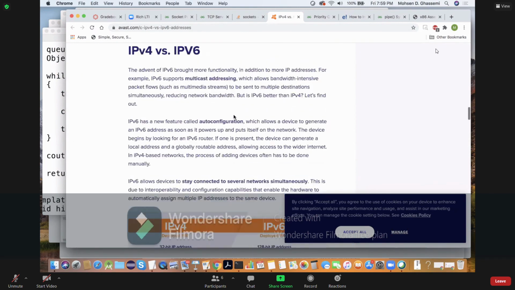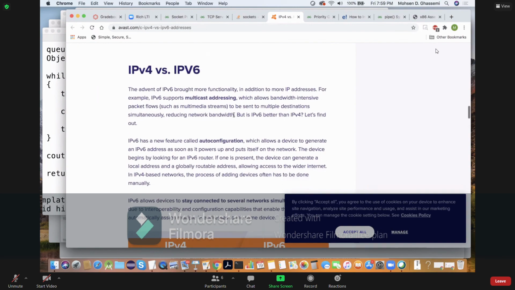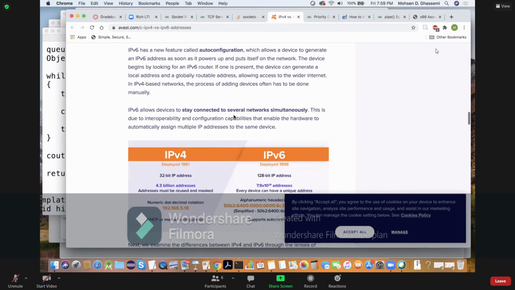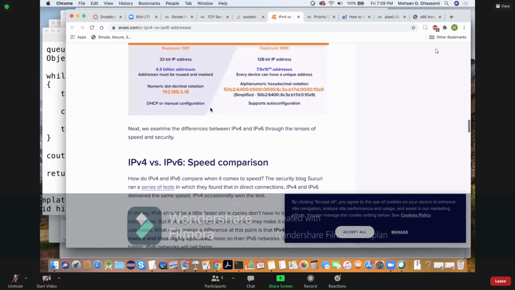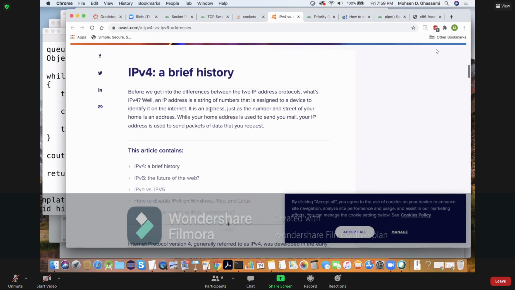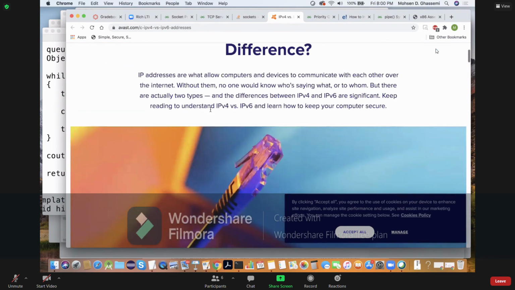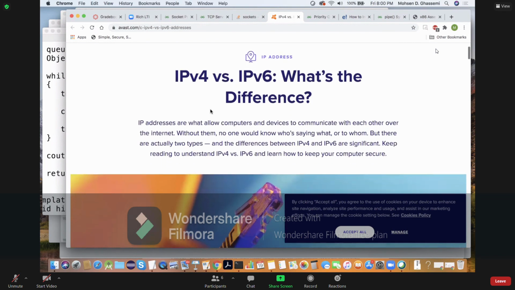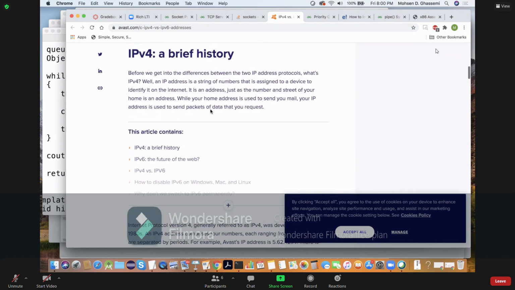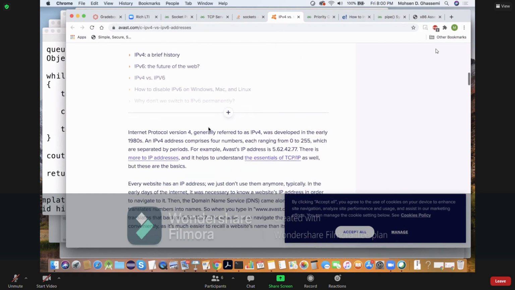I will have you read this, but mainly, let me actually, IP4, you see the IP4 version 4,